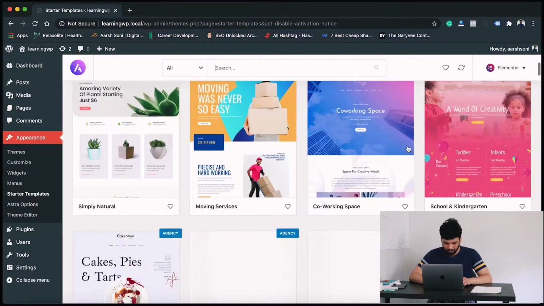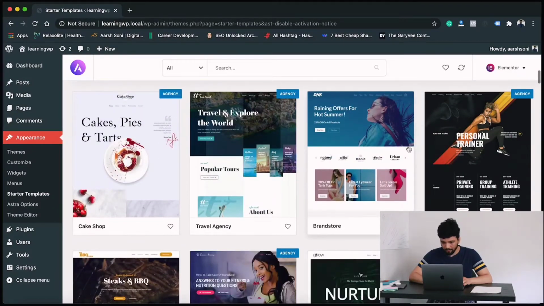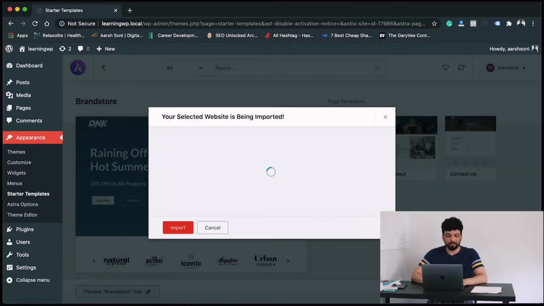So let's see what we are taking here. Let's take this one. Let's take Brainstorm. And then you can either import the home page or you can import the complete website. So we'll import the complete site from here. So go ahead and click import complete website.